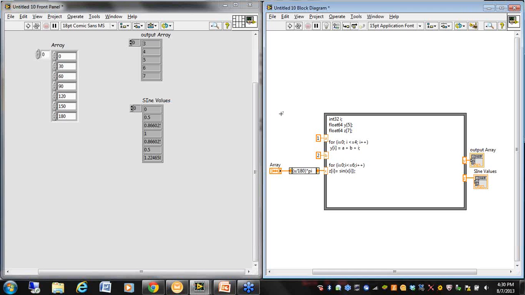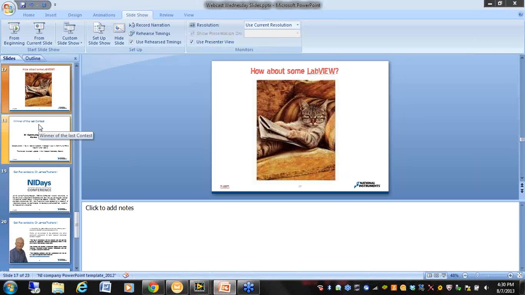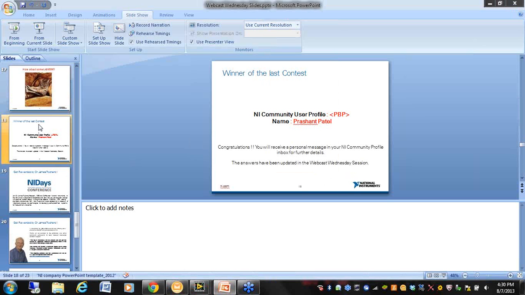But there is a lot more that you can do with the maths palette, and I'd highly recommend you to play along with it. And just like I said, we have extensively and ruthlessly used mathematics in our daily life and daily uses. And in that way, we've forgotten how to appreciate the fun part of it. Now, LabVIEW is one platform where I can do maths for fun. And going back to the slides,